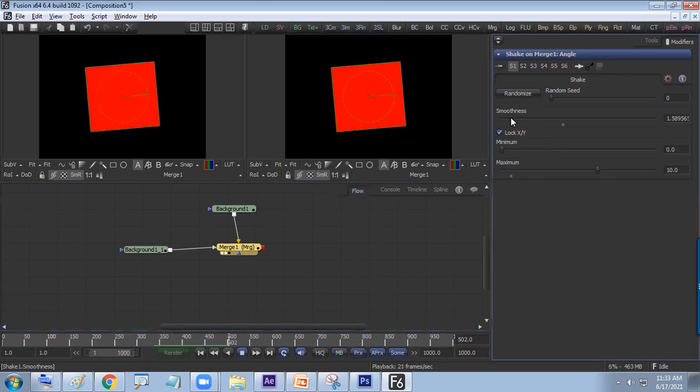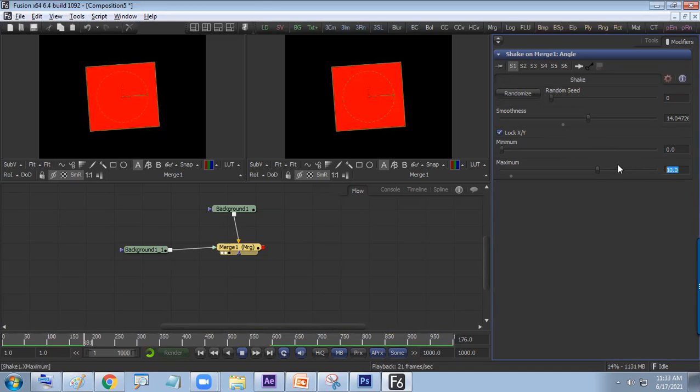And here you're making the smoothness less. If you make the smoothness more, then it will make slow randomness in between the 0 to 10 degree. You can see the advanced level in Fusion, which is not there in After Effects. You need to write a lot of coding, then it could be done. Without doing keyframe animation, how to make a shake animation? For camera shake, we use scripting or this modifier.